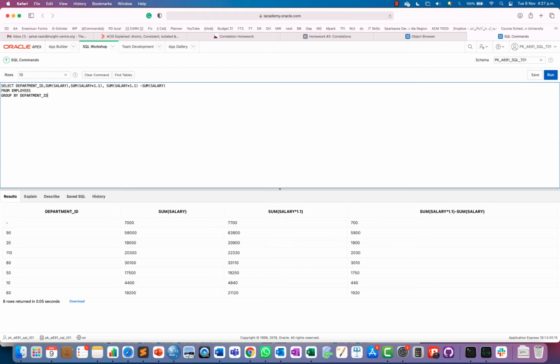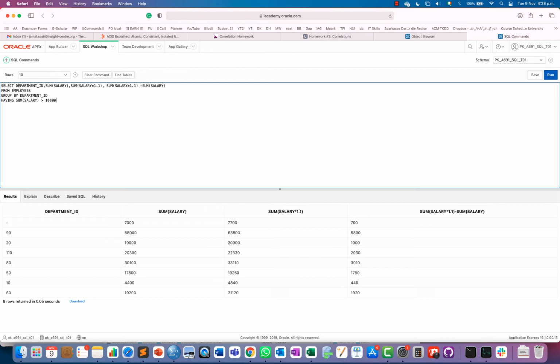For example, we are not interested in departments where the sum of salary is less than 10,000. We are fine, okay, if some department is costing us 10,000 euro, that's fine, because a 10% increase wouldn't be so much, right? So group by department ID, then we can say having sum of salary greater than 10,000.